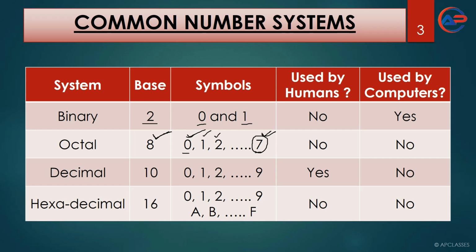Similarly, decimal number system has a base of 10. Why does it have a base of 10? Because all the digits can be used, starting from 0 to 9: 0, 1, 2, 3, 4, 5, 6, 7, 8, 9. As we are starting from 0, the last digit which can be used is 9. So here you can notice, whatever digits we have in mathematics, all the digits can be used. We can write any number using these digits. We can form any number, isn't it?